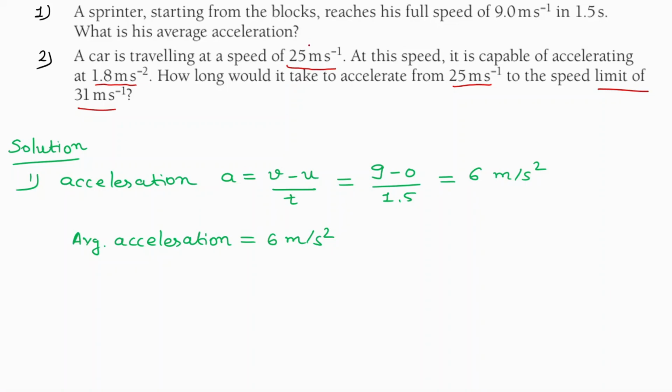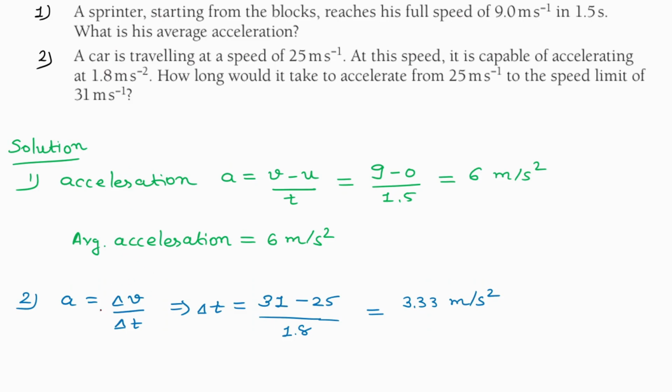Here, they mention the initial velocity, which is 25 meter per second. If you want to accelerate this car by 1.8 meter per second square, we have to find the time: how much time it takes to go from 25 meter per second to 31 meter per second, and the acceleration is 1.8. So